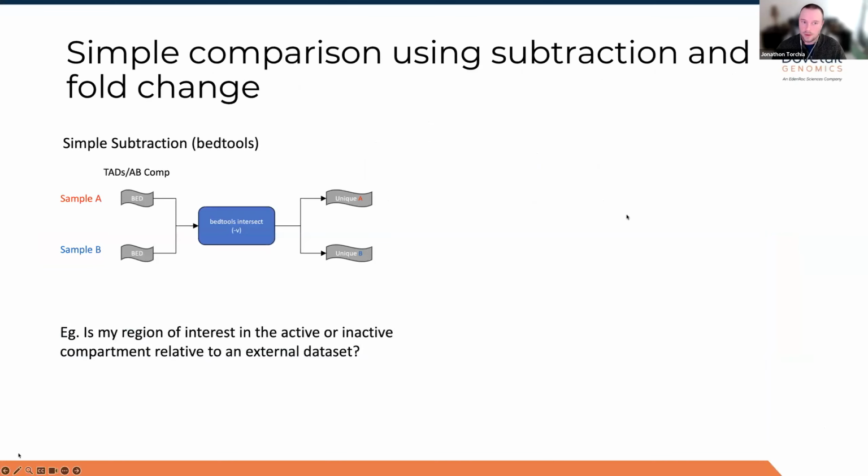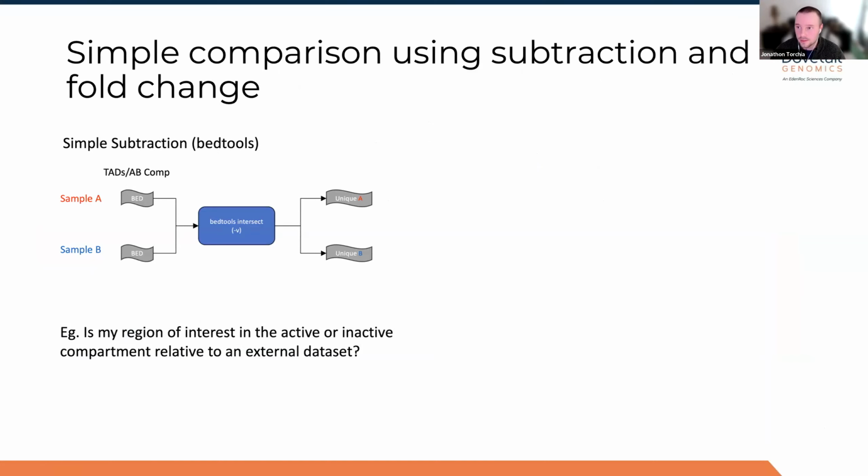So I'll just go over a few examples of what these analyses might look like. Everyone's question is different, but I think this covers a number of scenarios. This is just a simple subtraction method. And again, one question might be, is my region of interest in the active or inactive compartment relative to some external data set? It doesn't have to be active or inactive. It could be a topological domain. I want to know, is this domain that I'm working with, this operon in my sample, is it the same